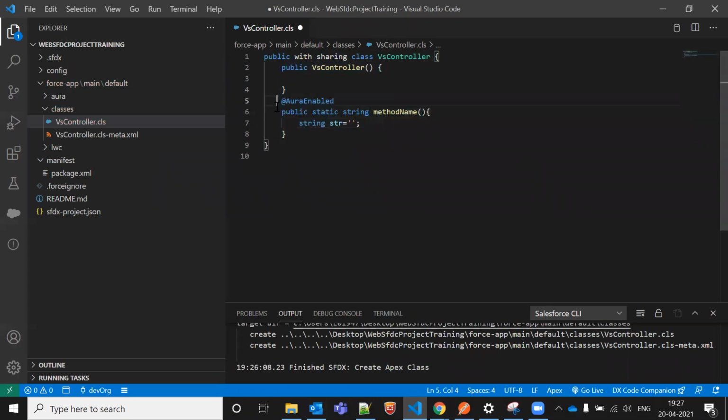Let's say I want to do some indentation as well. So the code is like this, and I want to do indentation here. So what should I do here?